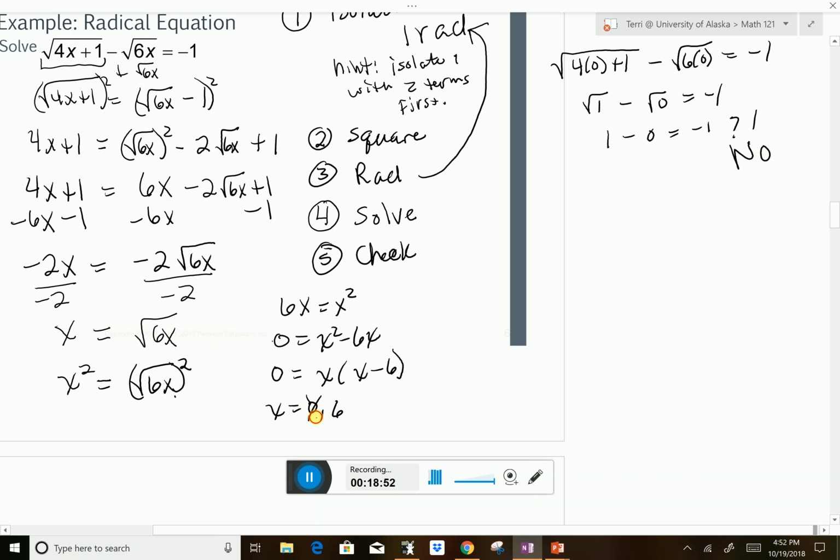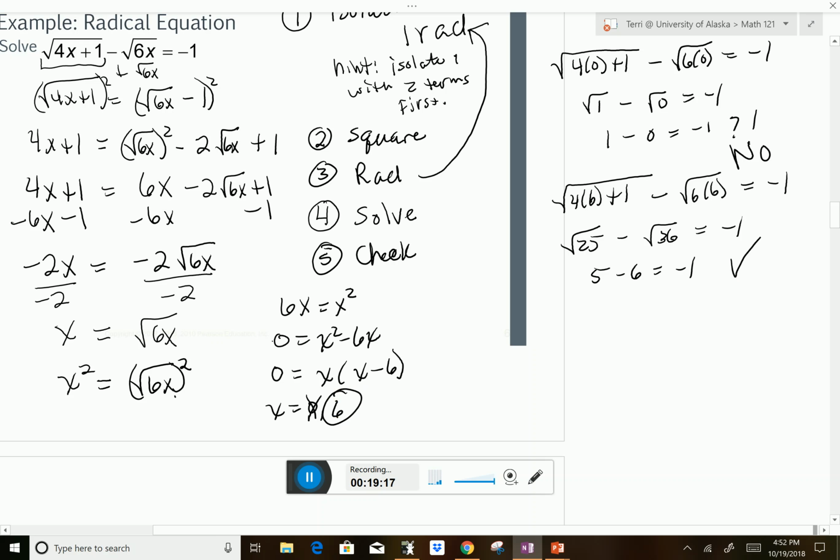No. So 0 is not a valid solution. Let's try 6. The square root of 4 times 6 plus 1 minus the square root of 6 times 6 equals negative 1. Well, this is the square root of 25 minus the square root of 36. So this is 5 minus 6 equals negative 1. Yes. So 6